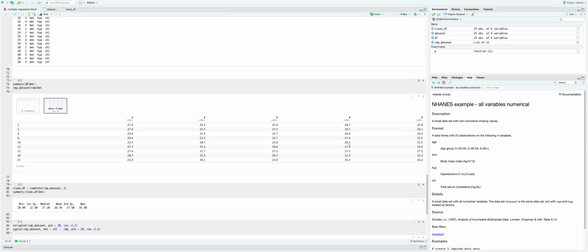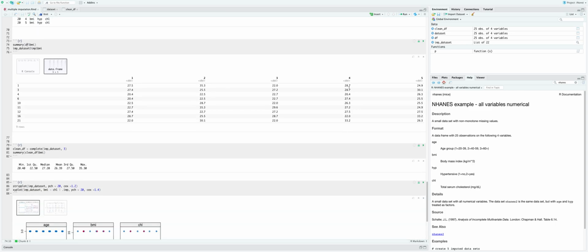What about this one here? 28, 28, 27. It's a little bit more. And this one here, number 4, seems to be okay. Number 5, 25, 25, 26. There's 133 there, 130. I think number 4 is the closest data set. So what I'm going to do here is change this to 4